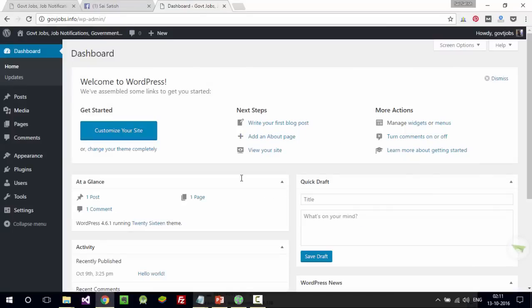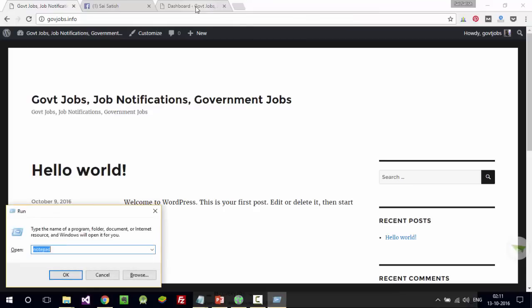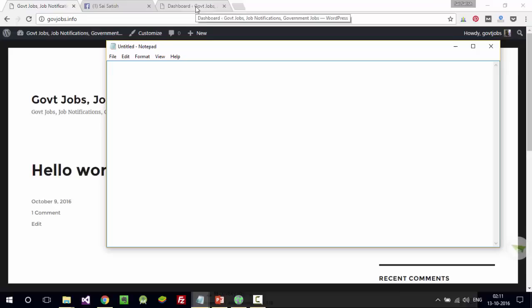After installing WordPress, come to the dashboard and see how it looks now. If you are designing a simple website, you must add some pages like about us, contact us.